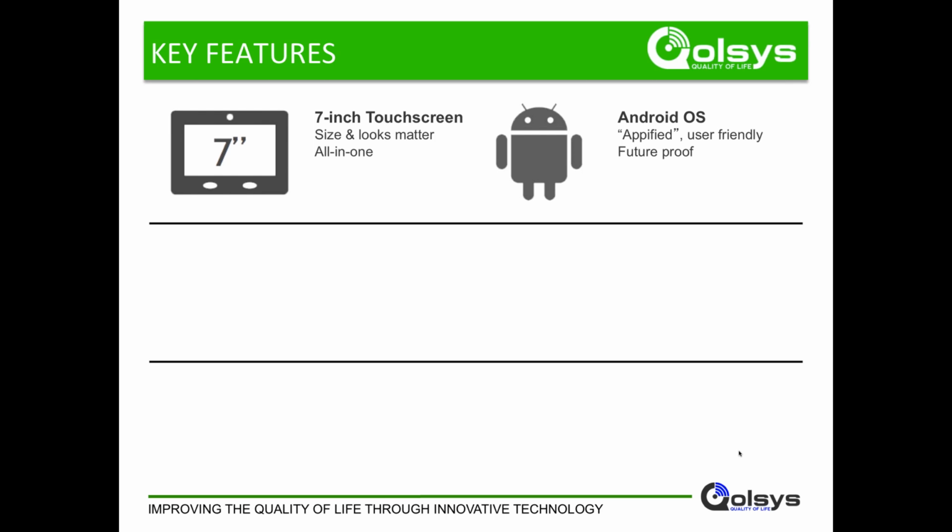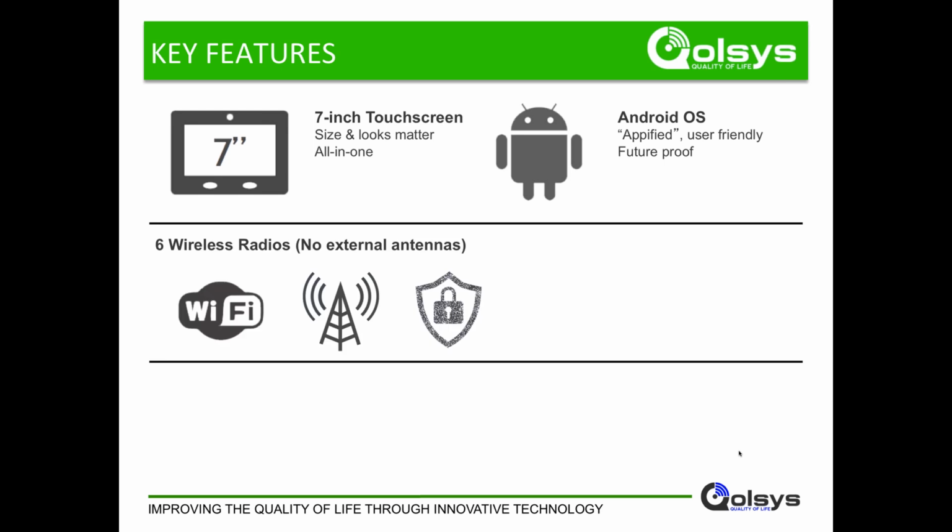I'm going to recap here real quick on some of the key features. You've got the 7-inch touchscreen. You've got the Android operating system, which gives it that appified look and feel, makes it very user-friendly, easy to use, future-proofs it, also helps us develop really quickly and do over-the-air software updates. You've got the 6 wireless radios, all built in with no